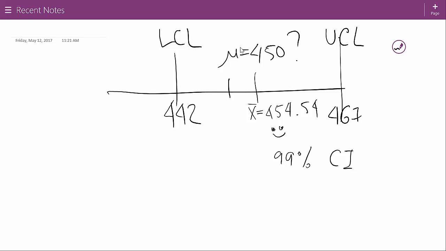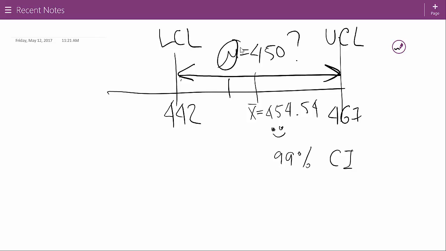How do I interpret my confidence interval? I'm going to say, whatever the mean is, it's a big mystery to me. I will never find out the mean, because to find out the true mean, I have to perform a gigantic volume of computations, or data collection. So I'm not going to even try. Whatever the true mean is, forget it. I'm not getting it ever, okay? All I have to do is try to evaluate where the mean can potentially be. And with 99% confidence, I was able to conclude that the mean is somewhere between these two boundaries, 442 and